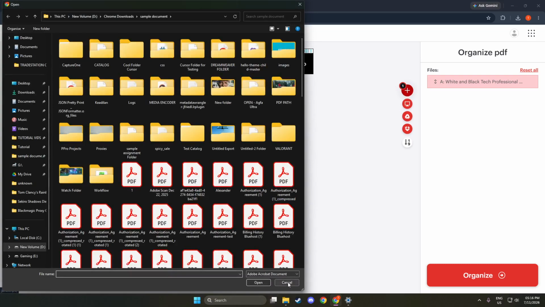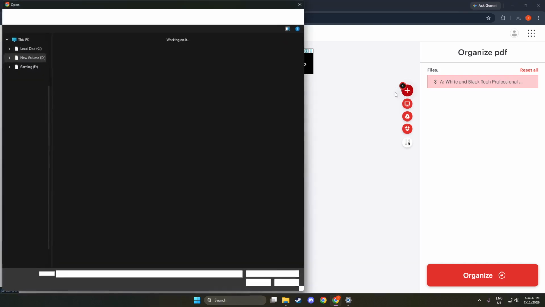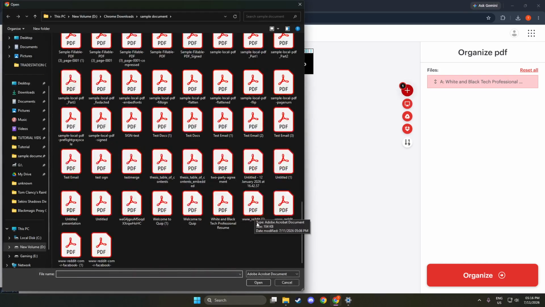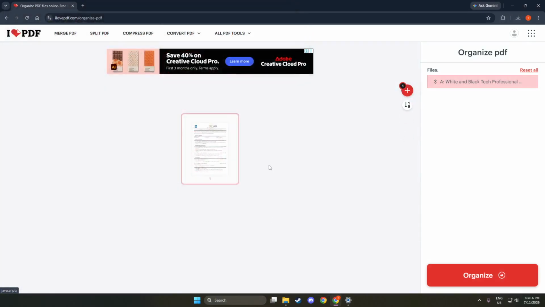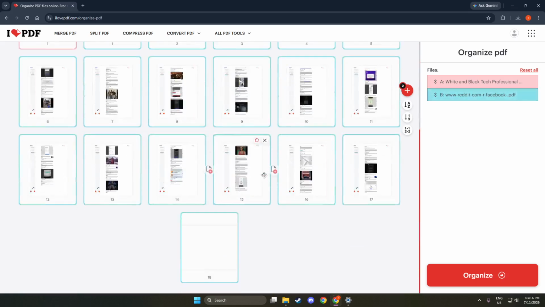Once you have your page highlighted, click the plus icon to add a blank page. This icon is easy to spot and will be located alongside the page thumbnails. When you click it, a new blank page will appear in the position you selected. This action is essential because it gives you the space to add new content or images as needed. With the new page in place, you can now customize it according to your requirements.